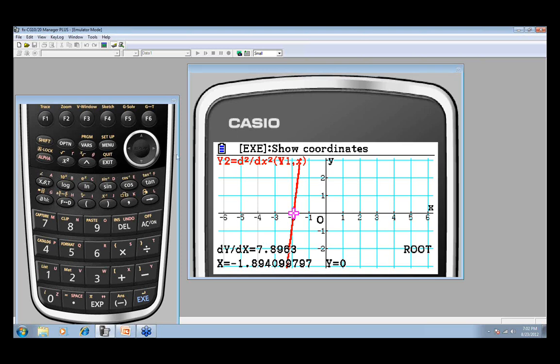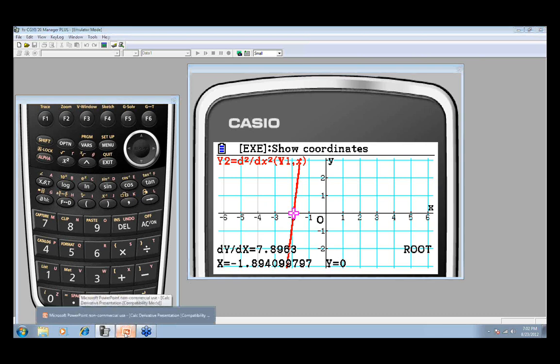So what I need to do to check for any other roots is press the right arrow key over, and this little symbol means it's looking for another root to the right. Nothing came up, so that means there's not one. Press it to the left, and you can see there's not a root there either. So the only root of this problem is the one that was found initially. So that would be the answer to that problem.